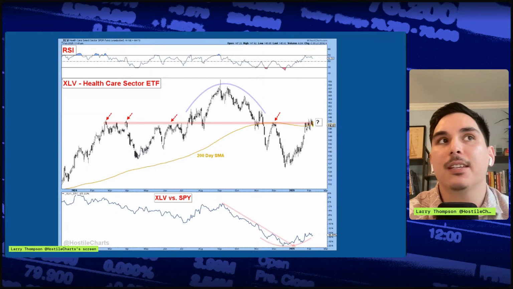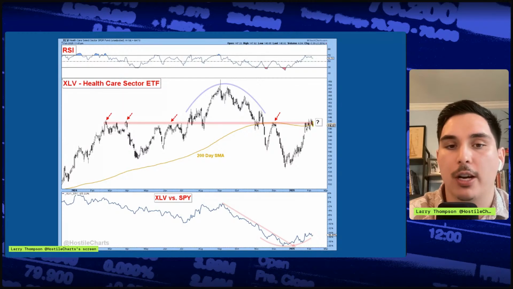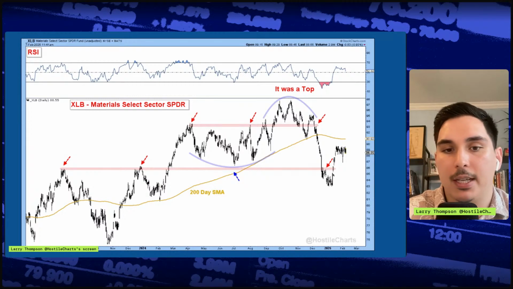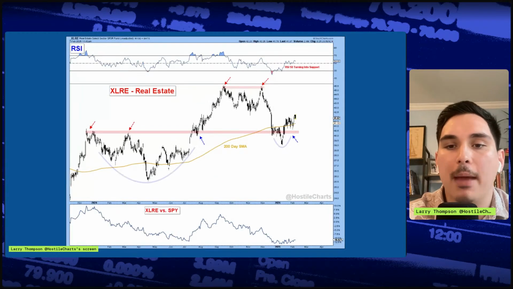And so this is what we're seeing a lot of underneath the surface, which is not how I trade. I tend to be a trend trader. Look at materials, same thing, right? Started the year, was about to break down, didn't. Just had this nice move up and recovered, and now it's kind of in this no man's land. This was a great short last year if you took it, but now it's in no man's land. And that's what we're seeing in the market. A lot of no man's land.